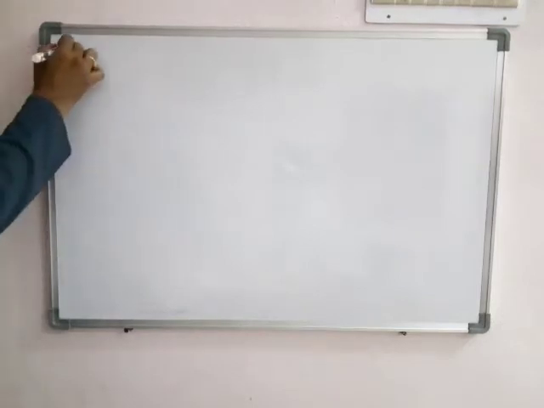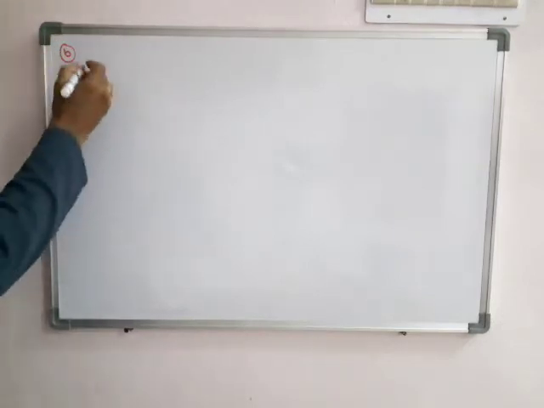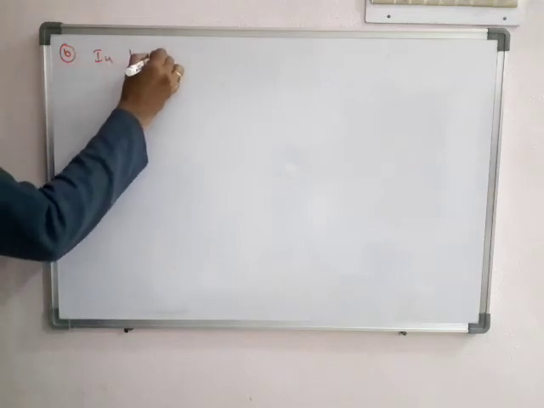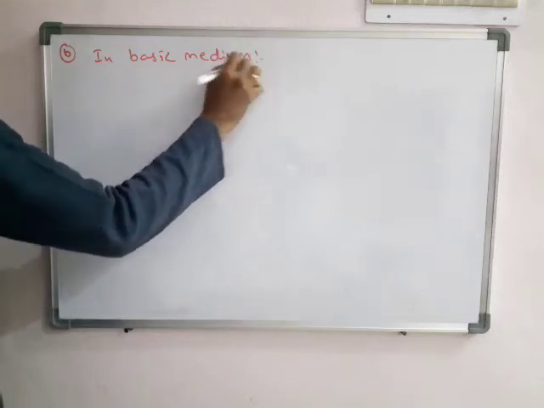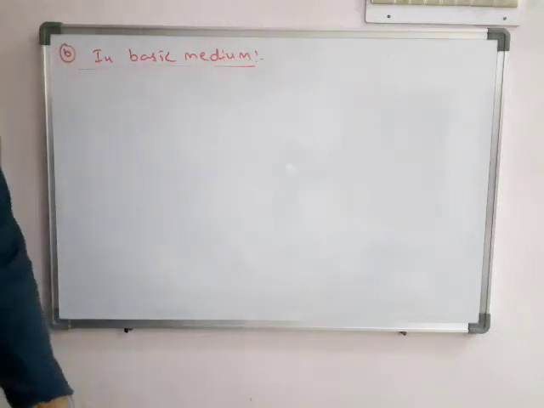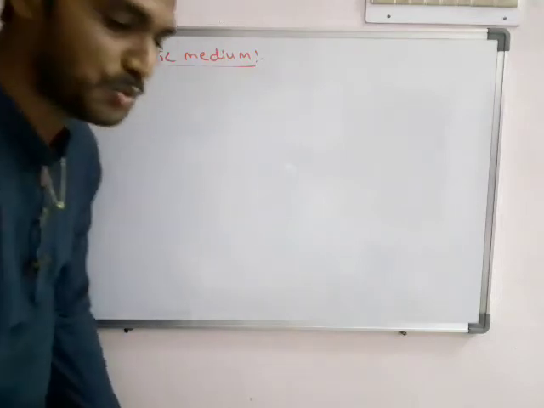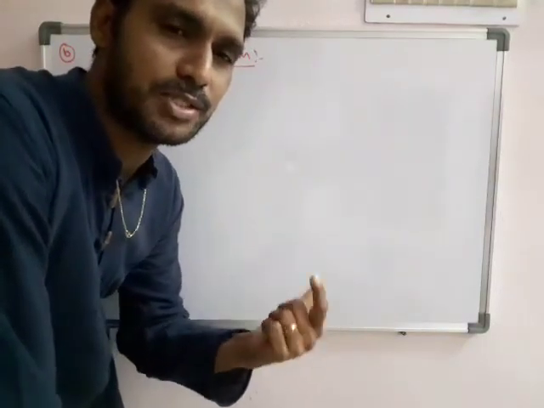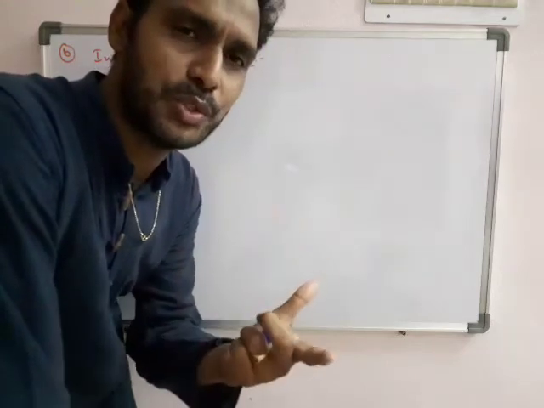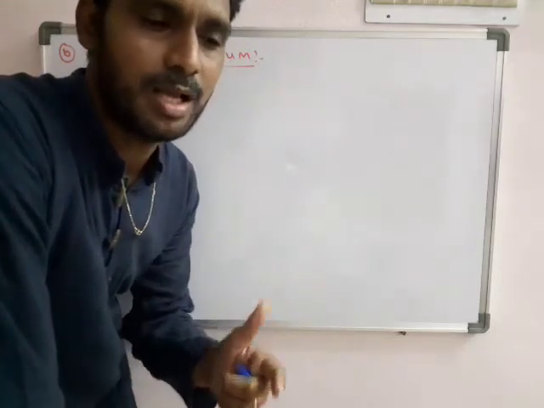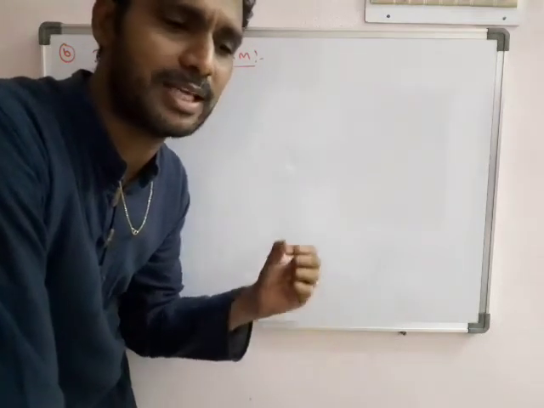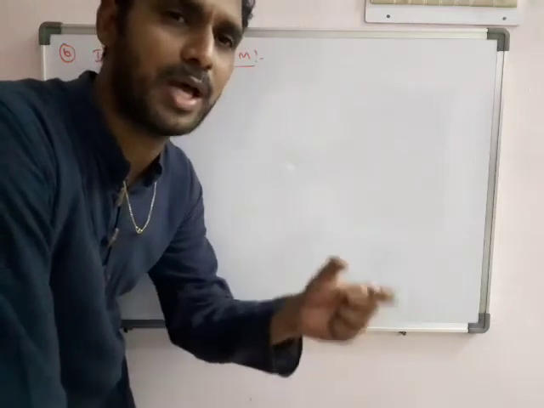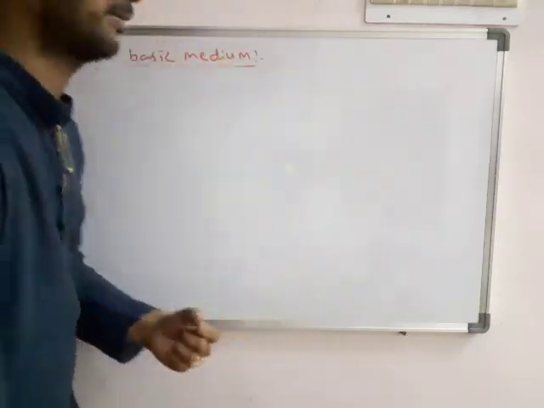Let's see again in basic medium what is the change. So it is observed that in basic medium the thiosulfate ion changed to sulfate ion. Thiosulfate is changed to sulfate. In doing problems, we must remember what changes take place in acid medium and basic medium, because in the problem it is not given what the change is. We have to remember. You have to write the total matter.